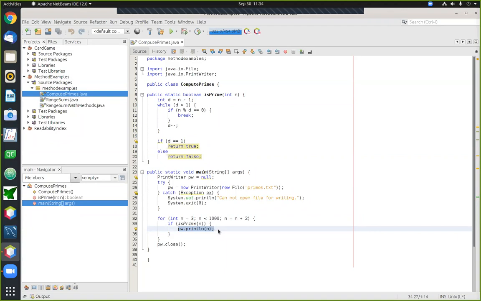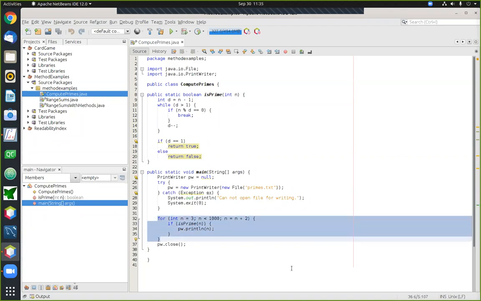All right, so especially if you compare the structure of this loop here to what you would have seen in the original example that was computing primes and saving them, this code certainly down here is much cleaner. And this is one of the great benefits of having access to methods. Very often what methods allow you to do is take some complicated chunk of code out of one part of your program and put it in another place.